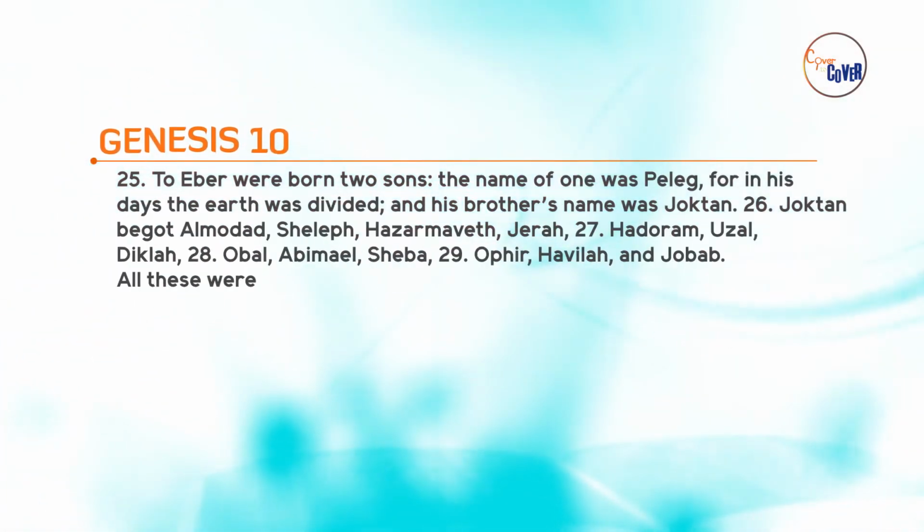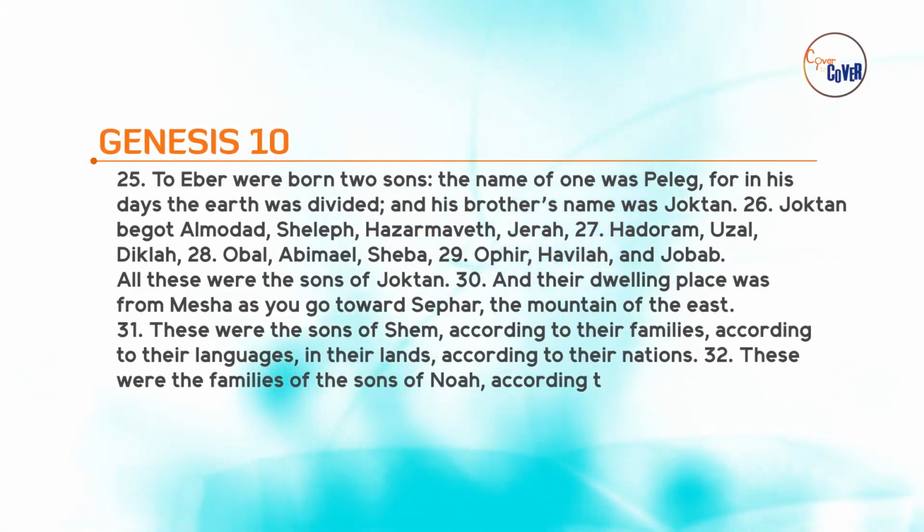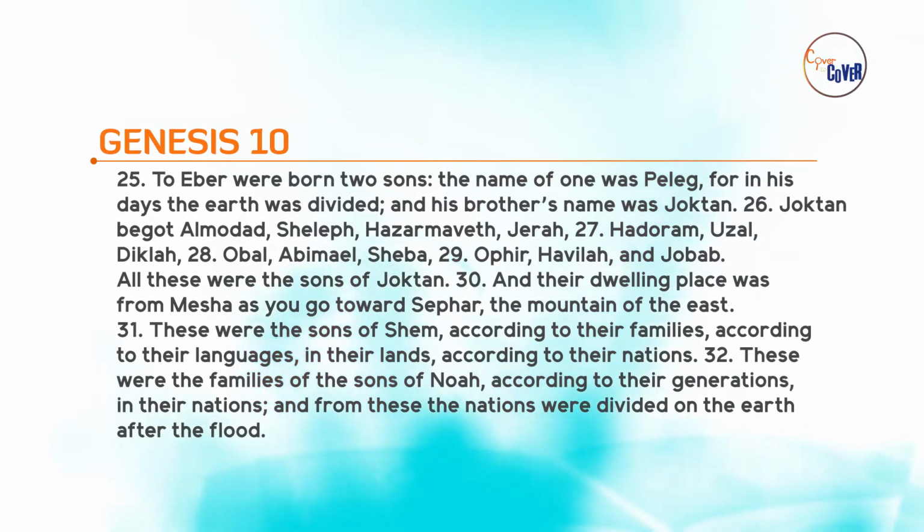The Tower of Babel was built, if you do the calculation, about 106 years after the flood. And that's where we got this guy, Peleg, being born. During that time, the languages were confounded, and it's an interesting phenomenon that we shall come to in our next study. So the name of one was Peleg, for in his day the earth was divided, and his brother's name was Joktan. Joktan begot Almodad,